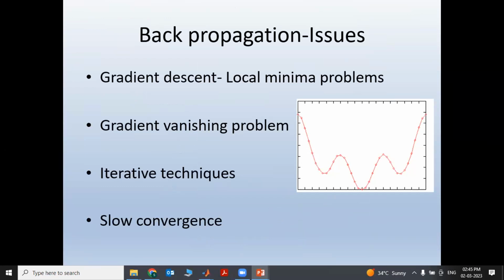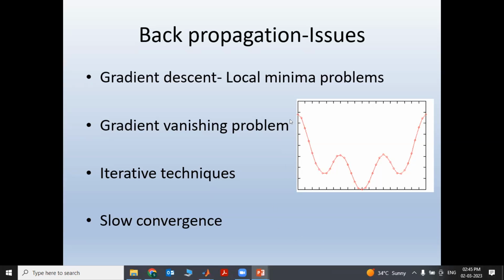What is the problem of a conventional neural network and how can it be compensated? For the conventional neural network we use back propagation, which is based on the gradient descent algorithm. The main problem of back propagation or gradient descent is the local minima problem.